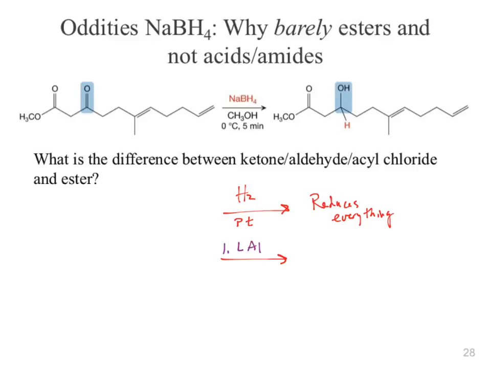How about lithium aluminum hydride, or LAH? What's going to be the issue with that reducing agent? It will reduce the carbonyl, but there's 2 carbonyls. It won't touch the alkene, so that's good. So no alkene reaction, but it will reduce both carbonyls. Since I only want one to be reduced, that doesn't work. So the reagent we could choose in this case would be sodium borohydride, and that should reduce primarily just